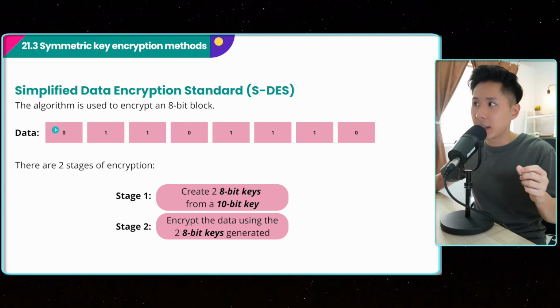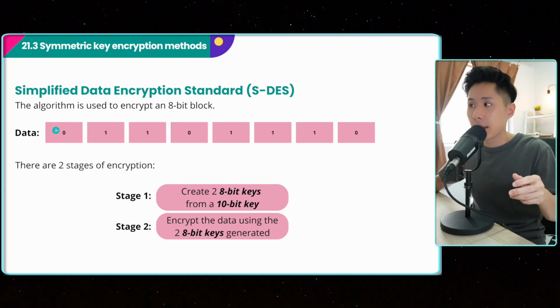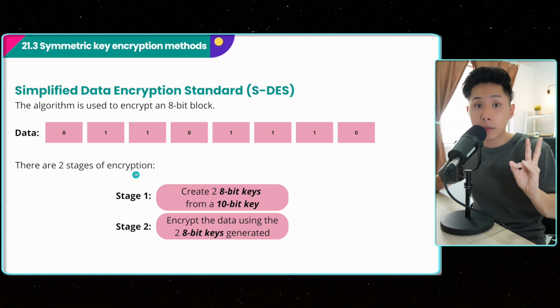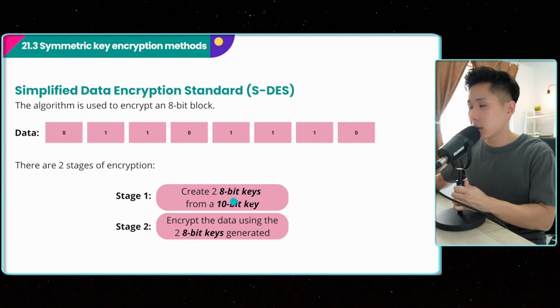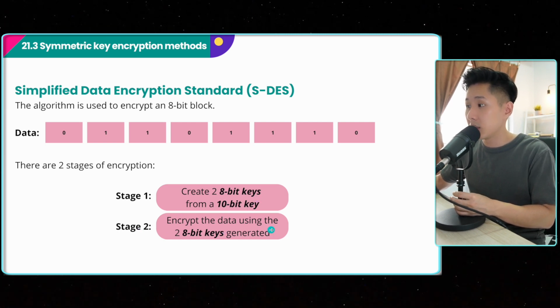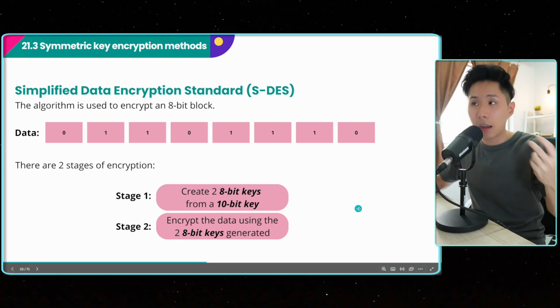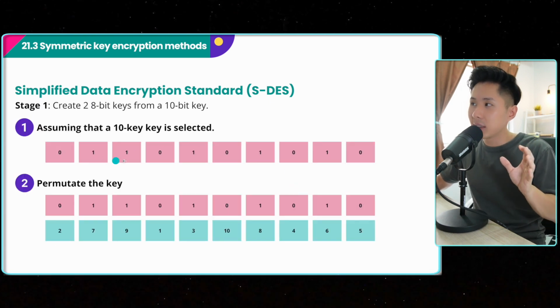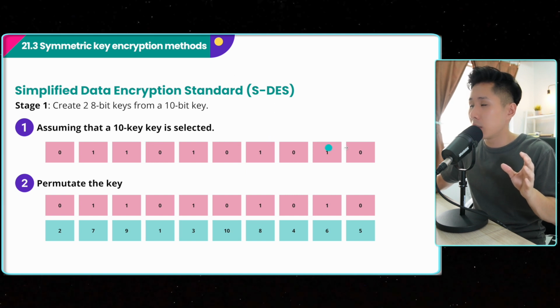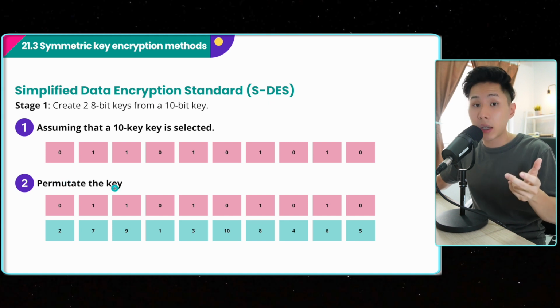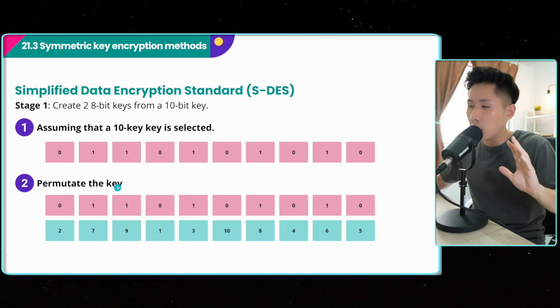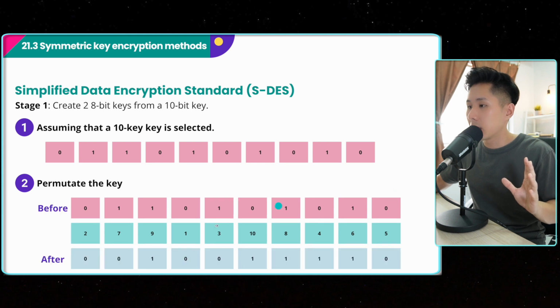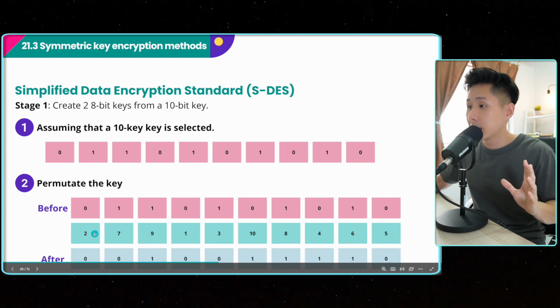Now imagine that this is data that we want to encrypt, and there are two stages of symmetric encryption. We'll first create the keys, two 8-bit keys from a 10-bit key, and in stage 2, we'll encrypt the data using the two 8-bit keys generated. Now let me show you what it means. Assuming that this is the 10-bit key that we select, so there are 10 bits here, the first step involves permuting the key. So what it means here is that if you look at the before and after,